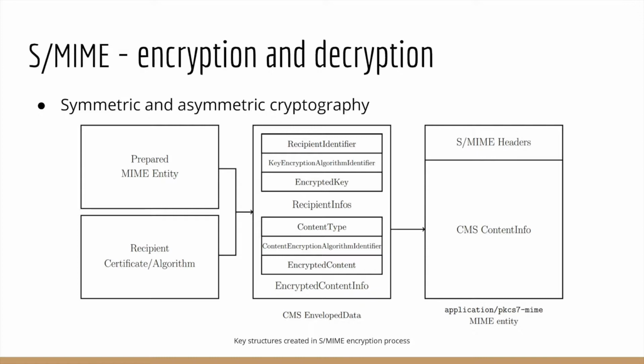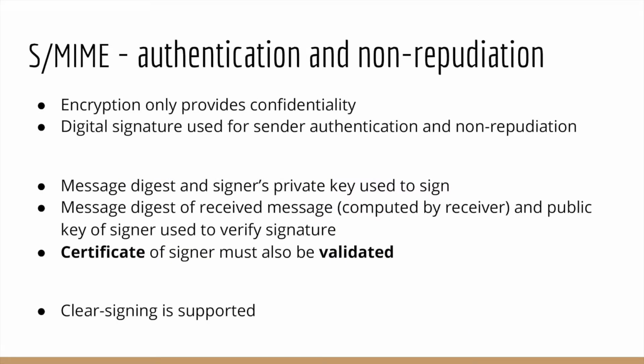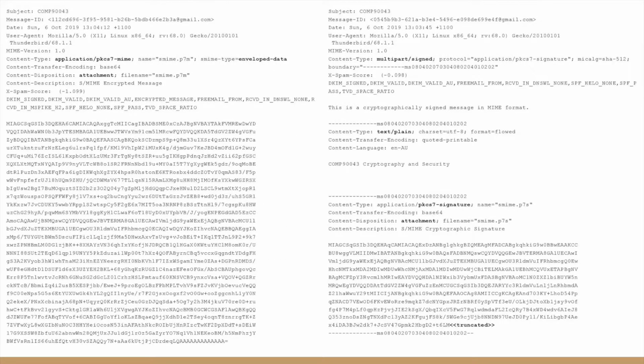As the process is similar to what has been described for OpenPGP, we do not elaborate on it further. S/MIME relies on cryptographic message syntax, or CMS, to perform the actual encryption, signing, and encapsulation process. Like PGP, a digital signature is created by the sender to ensure sender authentication and non-repudiation. The underlying process is similar to OpenPGP signing and verification, albeit with the addition that the receiver must also validate the X.509 certificate of the signer up to a trusted CA certificate when verifying the signature. On this slide, we present an example message encrypted and the same message clearly signed using S/MIME.